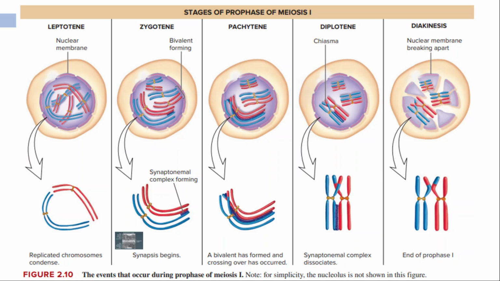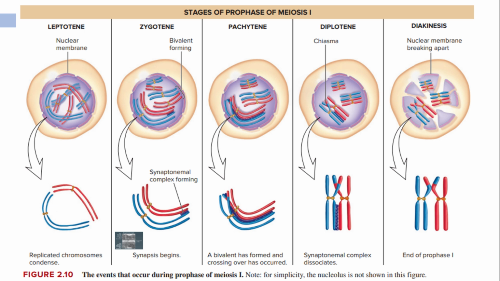Okay, so a little review. Again, in the leptonema or leptotene stage, nagko-condense yung mga chromosomes. And then in zygonema or zygotene stage, nagkakaroon ng synapsis. May nabubuong synaptonemal complex sa pagitan ng mga homologous chromosomes. Okay? Take note na hindi nangyayari yung synapsis sa pagitan ng dalawang chromosomes na hindi homologous. For example, if chromosome 14 tapos chromosome 15, so they are not homologous, walang synaptonemal complex na nabubuo sa pagitan